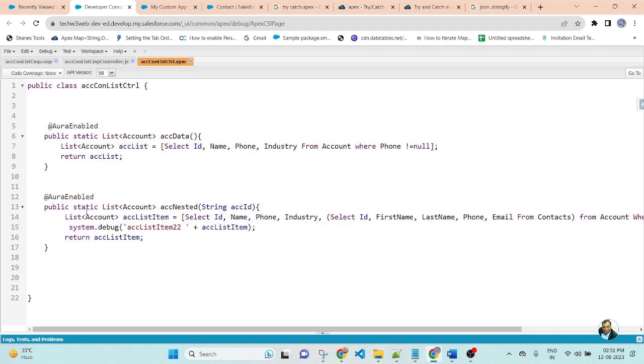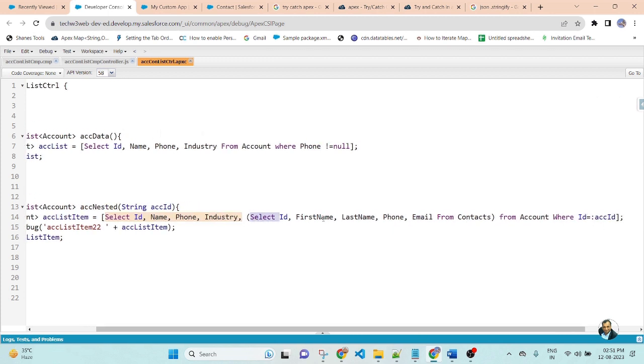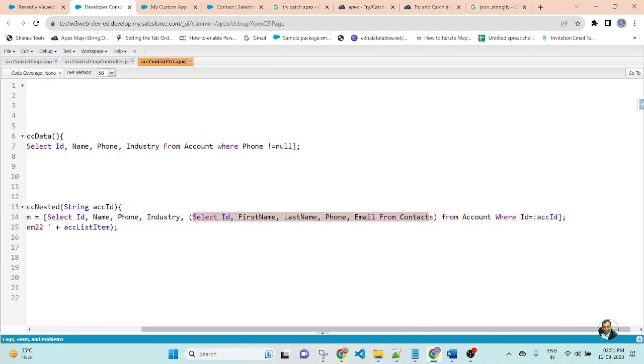And in the Apex class controller, I created two Apex class methods. The first method fetches the account list. I wrote the condition where phone is not equal to null. In the second method, I created a nested query. First, this is the part of the account, and inside the bracket, this is the part of the contact.